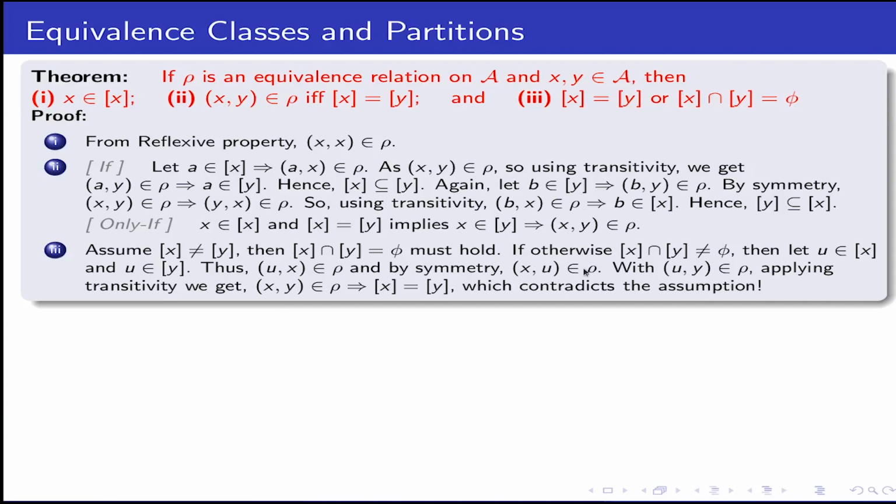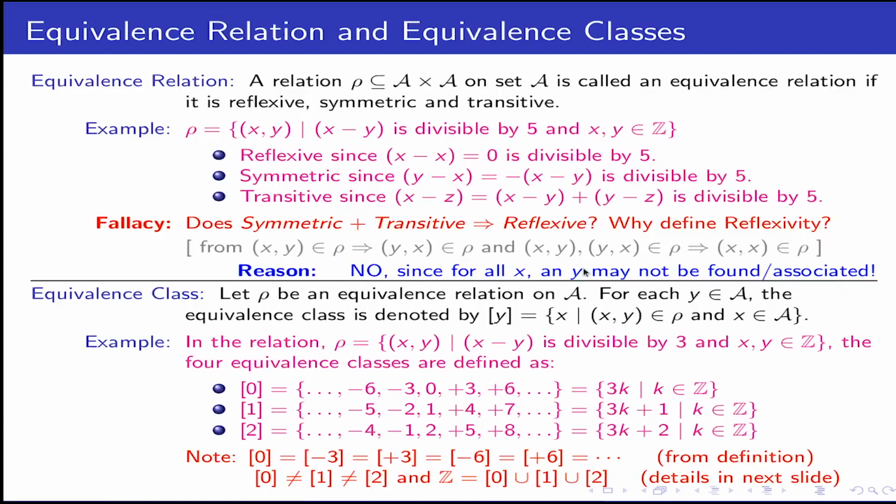So this actually validates the intuition behind the last example that we have shown here: a particular relation is an equivalence relation if it breaks the whole set over which we are defining these relations into clusters in such a way that each cluster is an equivalence class. No two clusters have an element in common, and if I take all of these clusters together, they form the total set.